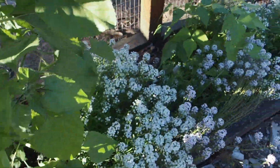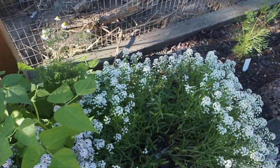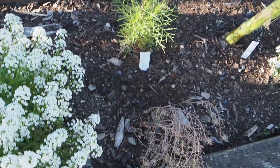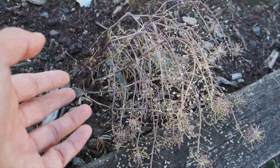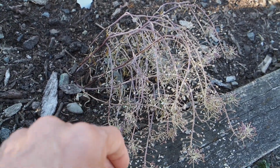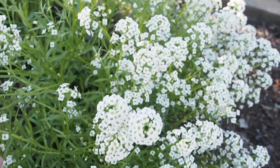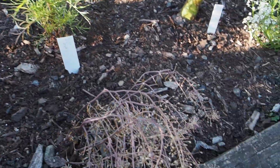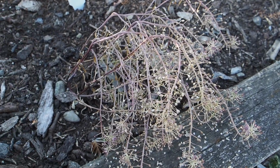And then we've got some more beans over here, more alyssums. This is a Cosmo. Now some of the alyssums actually didn't do very well. So this one here, you can see it's pretty much completely dried up. It seems like the darker colored flowered ones didn't do as well. The white ones obviously did the best. You can see how full that one is, but we had 2 or 3 that just ended up petering out